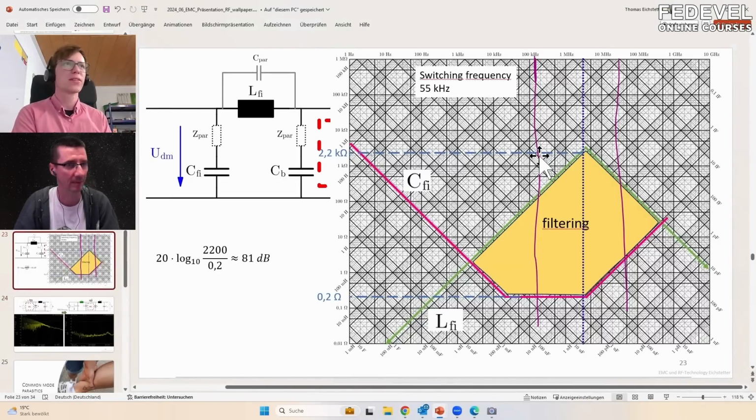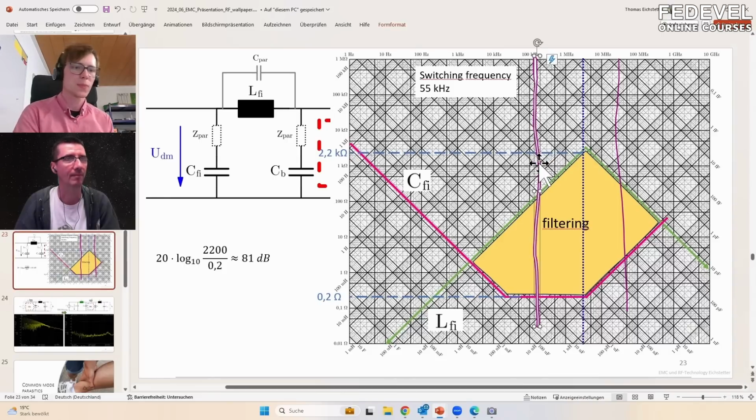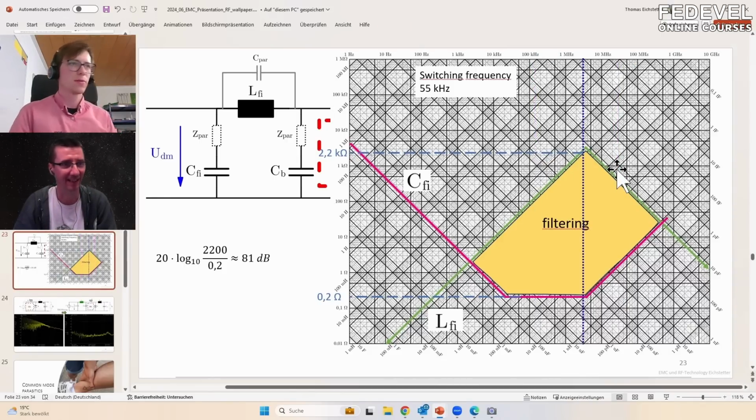So let's say you put here 150 again, and based on how much dB we need, you can actually come up with the capacitor and inductor. What do you like to change? Let's say using a smaller capacitor would be a possible way. So I mean, here's the switching frequency somewhere. Oh, here. I don't see it. It was at 55. Ah, okay, now I see it at this point. So you can now say, okay, the capacitance can be a little bit lower in value,